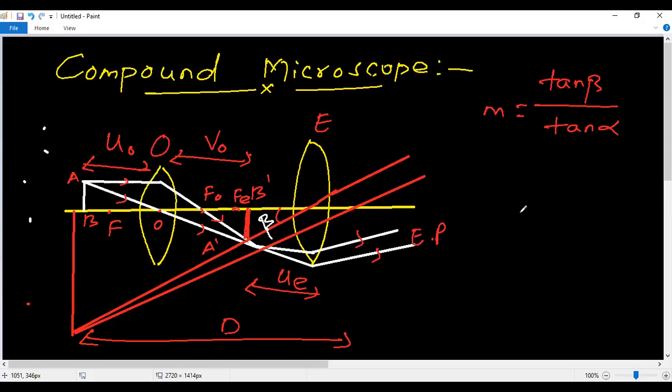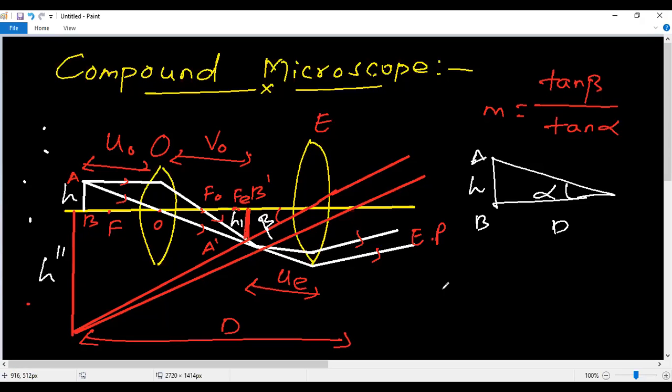The value we are taking separately, no? That one I will draw in an extra diagram. That LDDV, D, from AB, this is H. Just apply the values of tan beta and tan alpha. Tan beta is H dash by UE. This one is H, this is H dash, this is H double dash.